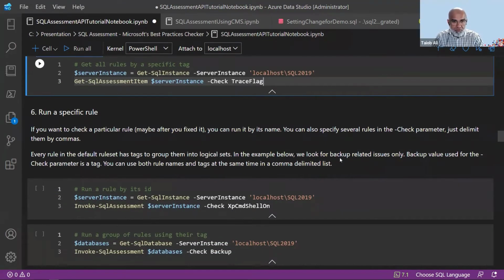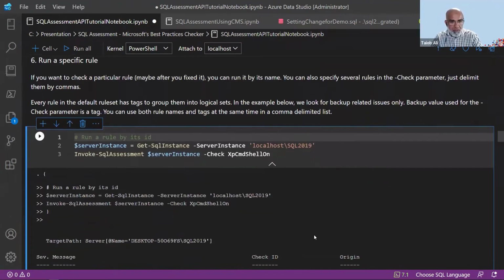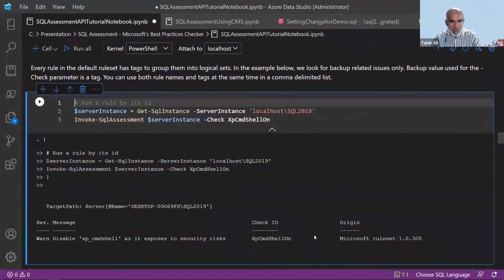Now, let's run a specific rule, right? Maybe I made a change. Maybe I'm not sure if someone changed something, right? I'm getting some weird things somewhere. I just want to run this one rule. So check if my xp_cmdshell is on. That's all I want to run. And this is turned on. So it's literally telling me to disable it,